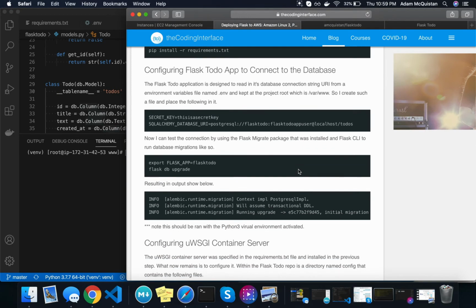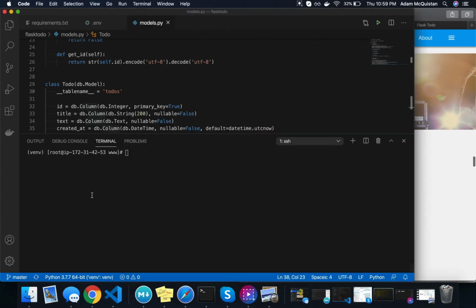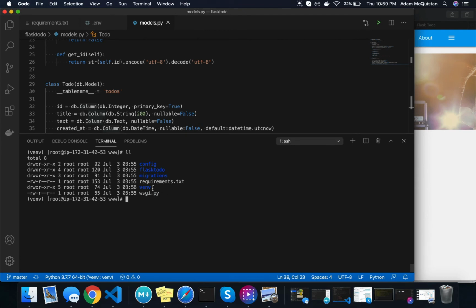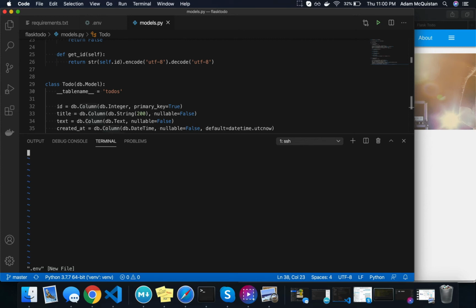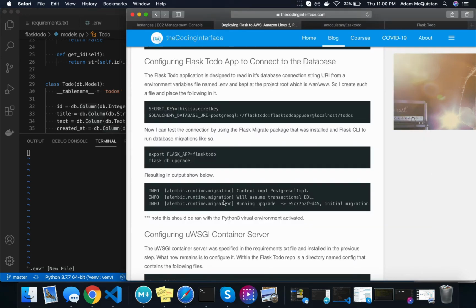Alright, so the next thing to do is to create a .env file here right at the root. So again, the same place as the requirements.txt file is where we want to make an environment variable file. So we'll call it .env. And then I fill that with two environment variables. One